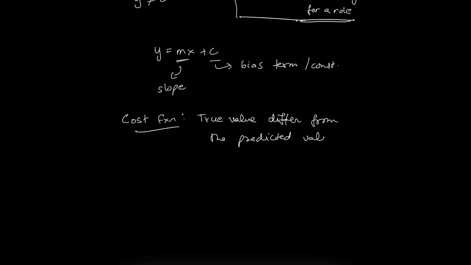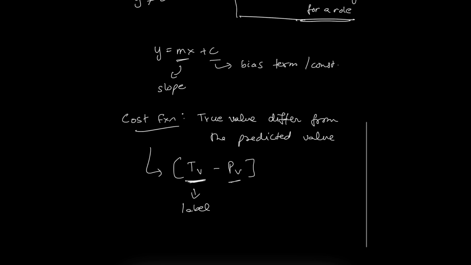So this is basically the difference between the true value minus the predicted value. And this is what a cost function basically does. Now the true value is the label that we already have from the data set, and this is the predicted value that we get from the model. The true value is something we would already have within our data set, because this is a